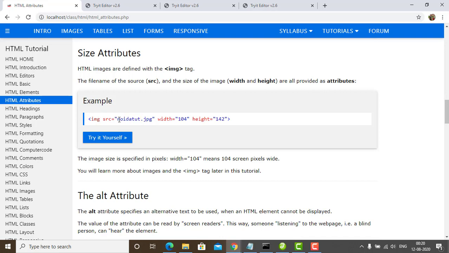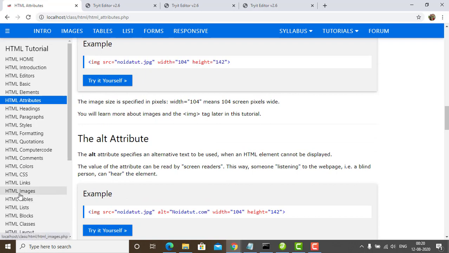In src we specify the path of the image, in width we specify the width, and in height we specify the height of this image. We can also specify height and width in percentage, which I am going to deal with later on in a further section. The image size is specified in pixels. Width is 104 means 104 screen pixels wide. We are going to learn more about images and the img tag further on.